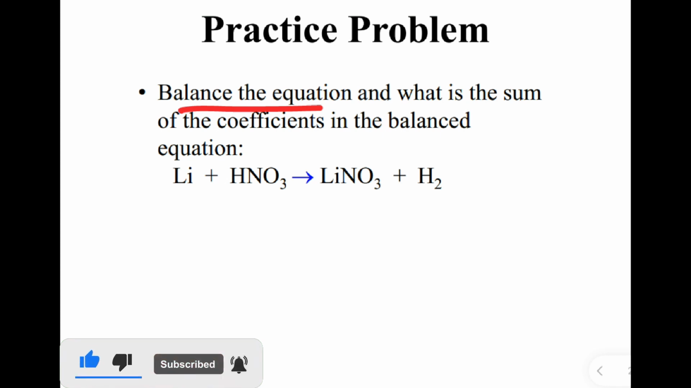Balance the equation and give the sum of the coefficients in the balanced equation. Sometimes after balancing, you may be asked what is the sum of the coefficients in the balanced equation. So remember,